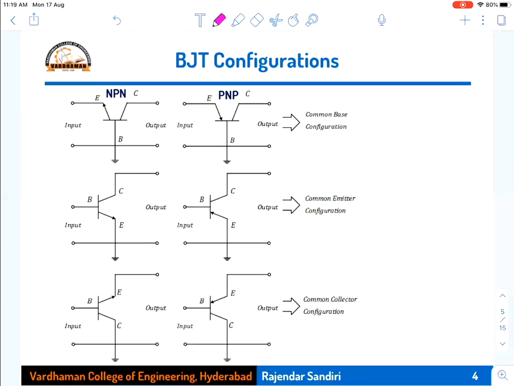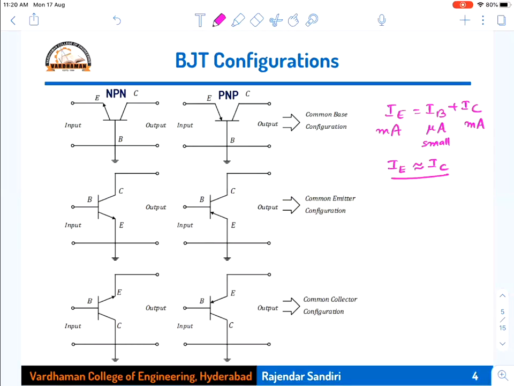Approximately. I'm not telling exactly, it is greater than or equal to 95%. That means sometimes IE is 100, IC is 99, and IB is 1%. So 99 and 100 are the same. If you ignore 1%, IC and IE are the same. So in the equation IE is equal to IB plus IC, IE is expressed in milliamperes, IB is expressed in microamperes or nanoamperes, and IC is expressed in milliamperes. Now this IB is very small, so sometimes I can even say IE is approximately the same as IC. These approximations we may sometimes use.